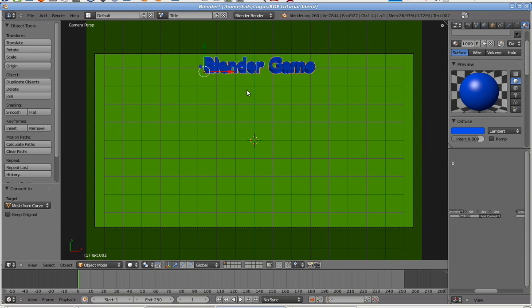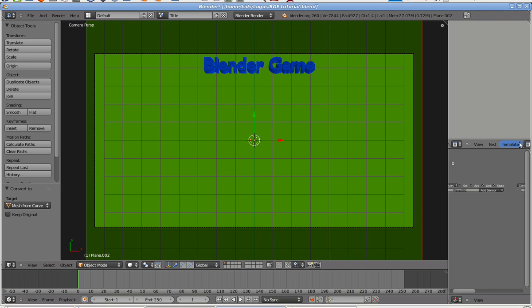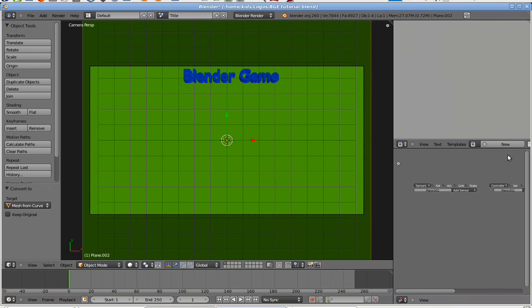But the thing is, the mouse doesn't show. You don't have a mouse. So right click your plane, any object really, doesn't matter, and then go up here, change this to text editor, and I'm just going to drag this over, click new, and just name it mouse, and then do import